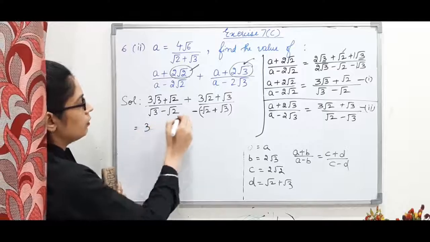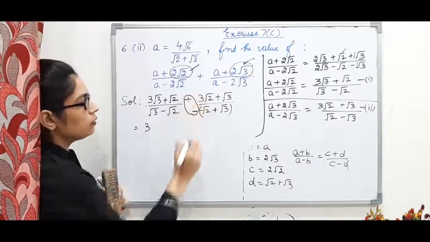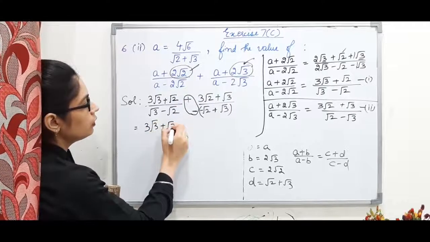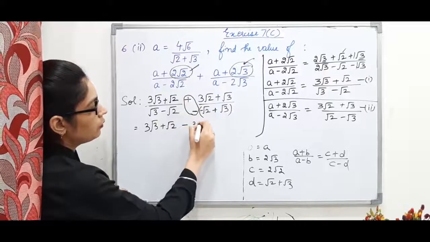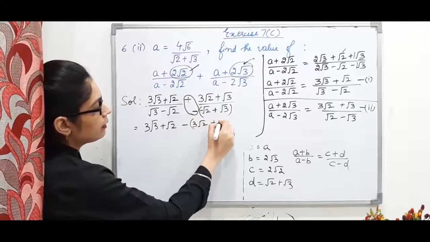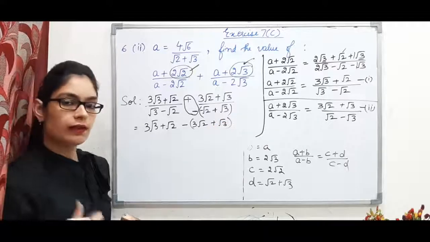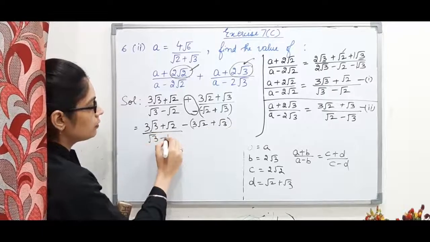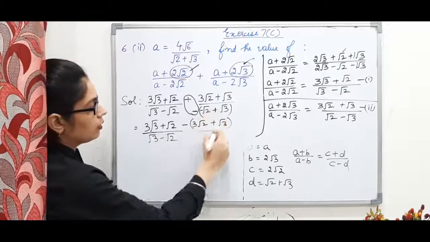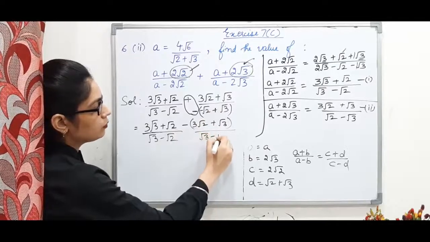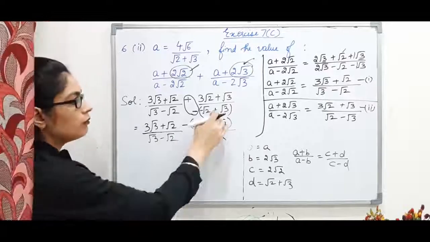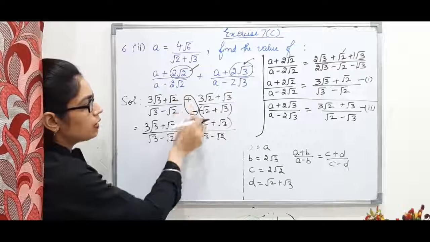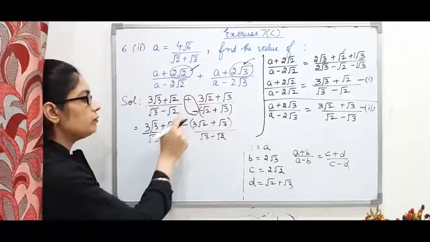So now these two signs are together. This also we have to make a single sign. So 3 root 3 plus root 2 plus minus minus 3 root 2. This also we can write in brackets first. If you can directly change the sign, change it, or else just write it this way: root 3 minus root 2, and here root 3 minus root 2. I am just rearranging the terms. With root 3 the plus sign is there, with root 2 the minus sign is there, and these two signs were together, so I have just changed it to a single sign.